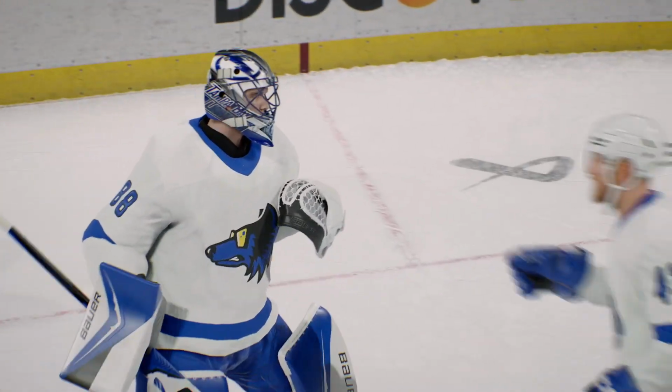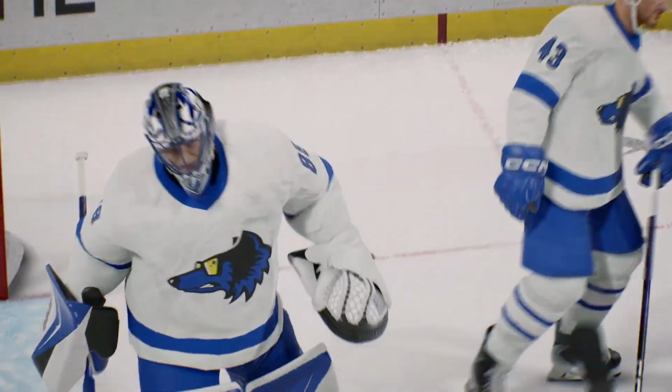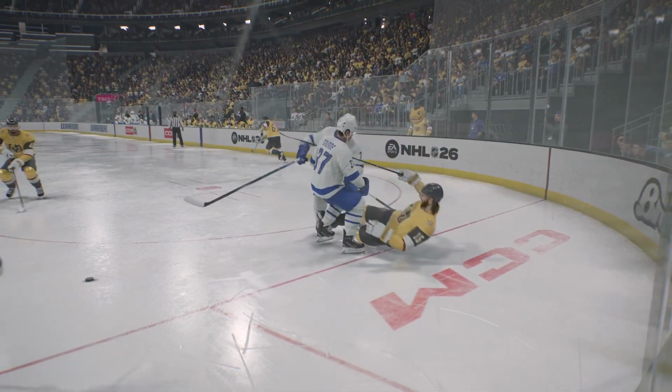Atlanta's recipe to dial up a win tonight was simple. Two P's. Puck possession. Yeah, and you garner puck possession because you play fast, and you have to play fast on the puck in order to retrieve it here. And James, I thought they did an excellent job, in particular in the O-zone, of retrieving that puck, which led to opportunity. Well, a fun